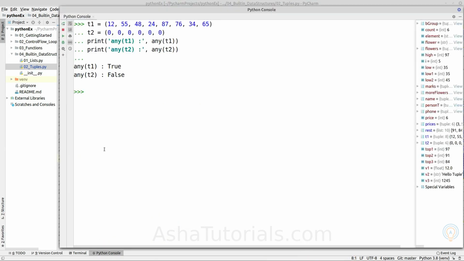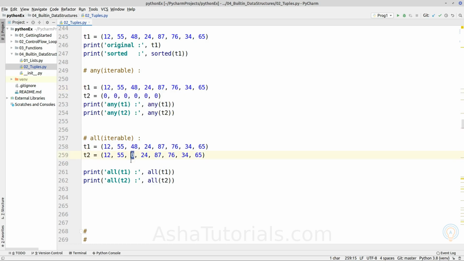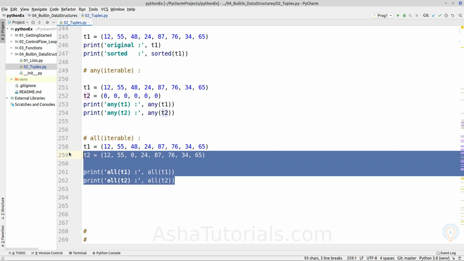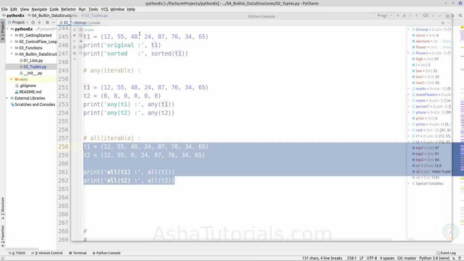Okay, as you can see here, opposite of that, all will return true only if all the values are evaluated as true. If one of the values is evaluated as false, such as here it is 0, it will return false. As you can see, because it is evaluated as false, it will return false.